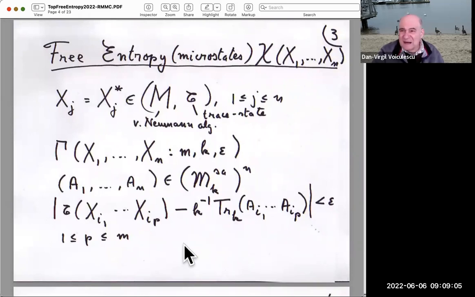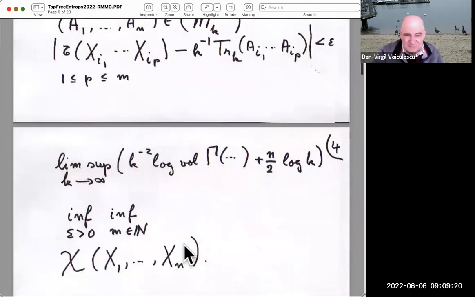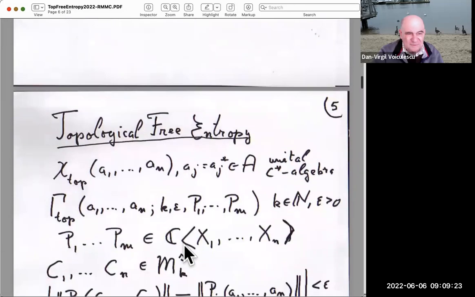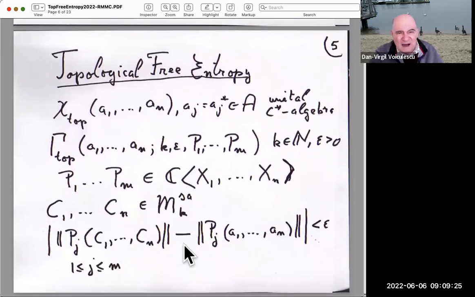And the idea to go over to topological is to replace this microstate space, defined in this way, by a microstate space where instead of moments one uses norms. And this is done as follows. One has now, instead of the von Neumann algebra M, a unital C-star algebra A, an n-tuple of self-adjoint elements A1, ..., An, and the